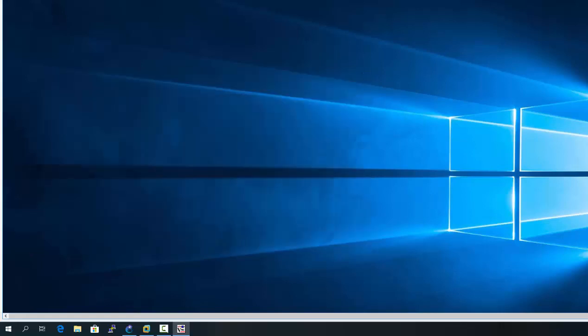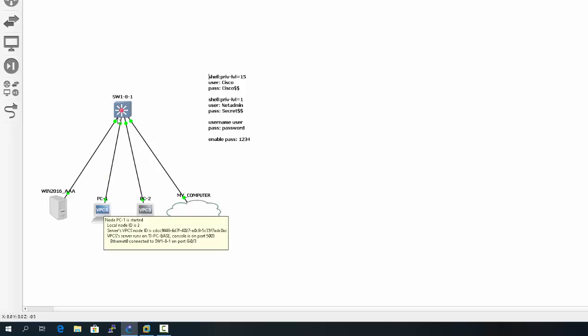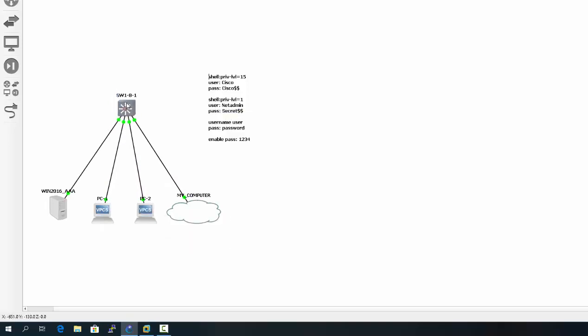So just to give you a quick orientation again, this cloud connects to my computer. These are just two computers actually doing nothing at the moment. This is the switch we're going to configure for AAA. And what I'm going to do is